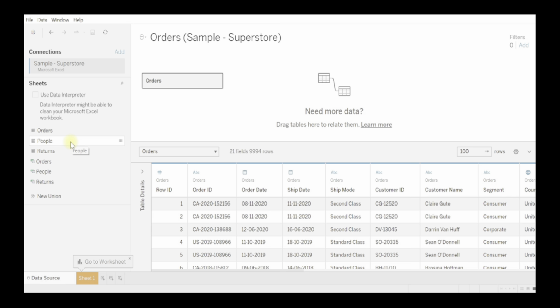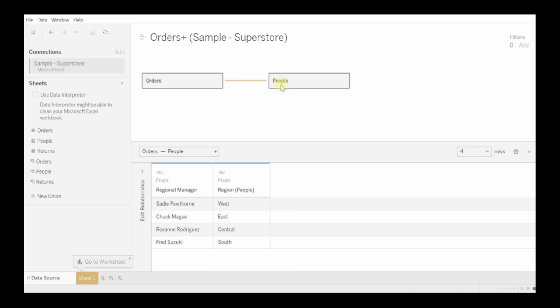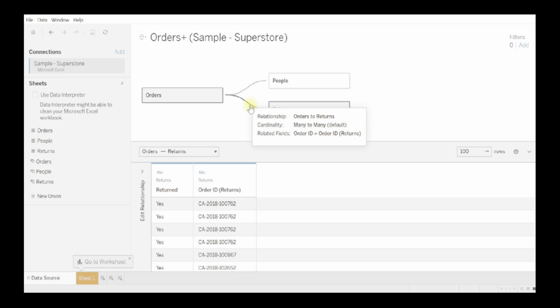If you want to see the people's sheet, you can directly drag and drop it here and you will notice that you are able to see the data of the people here, but it has automatically created the relationship and the type of relationship is many to many based on the region of orders and people table. Same applies for the returns table. You can drag and drop it here and for your information it has already created the relationship from orders to return which is many to many based on the order ID from orders table and order ID from the returns